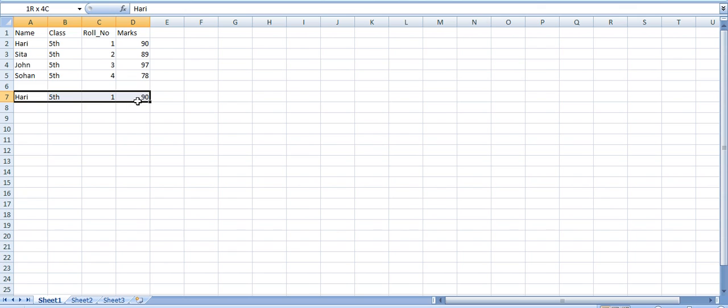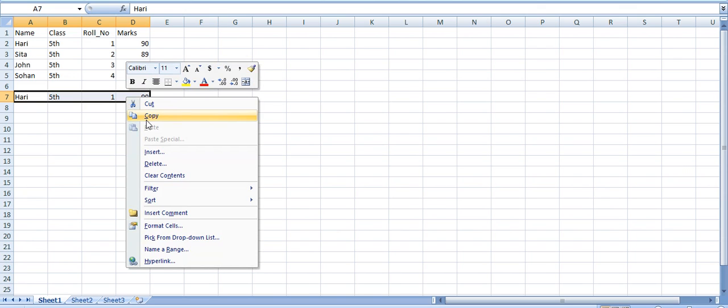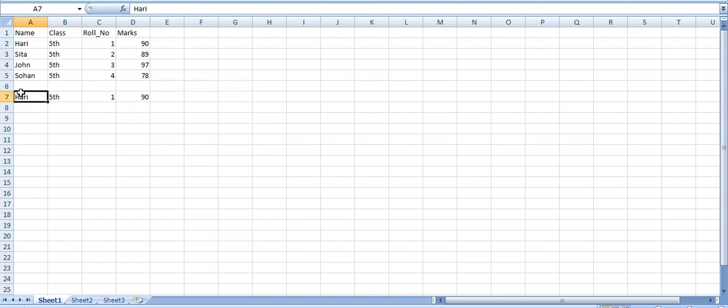Again I will select this row, just want to copy this thing. Select this one using this option, Control Z. So I have to move this data. You can just drag and drop, means I have just clicked and then dropped this row in 6th number. So this is all about cut, copy, paste, move, drag, drop, all these options.